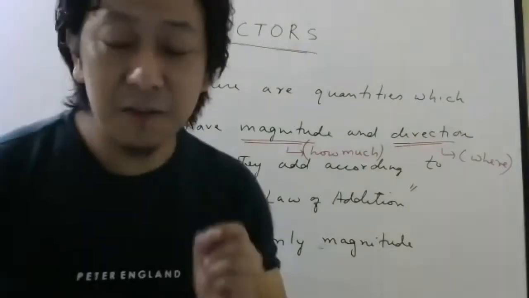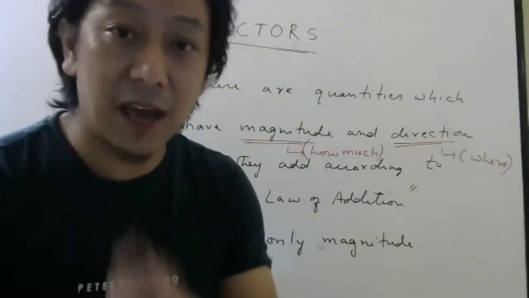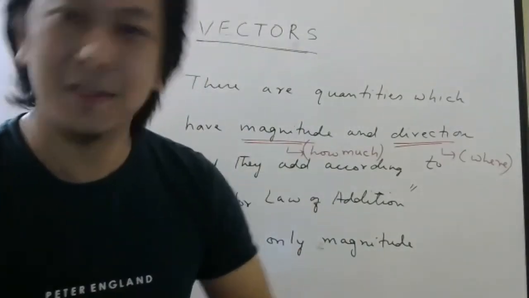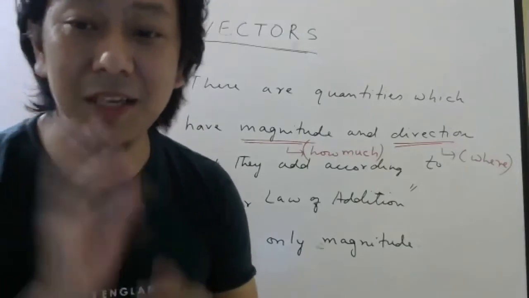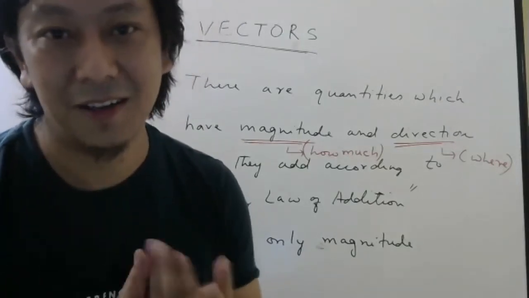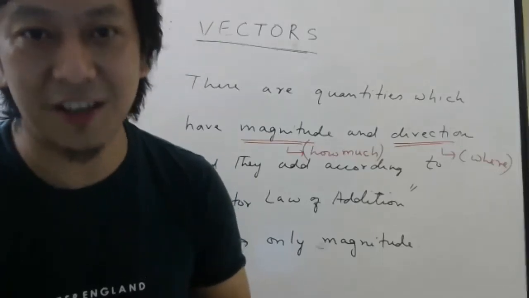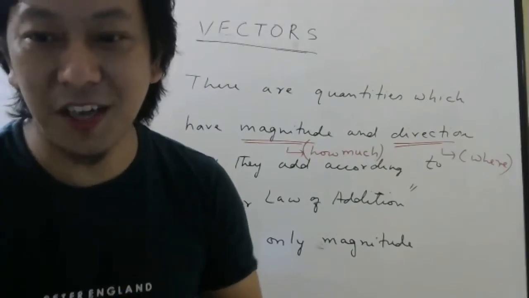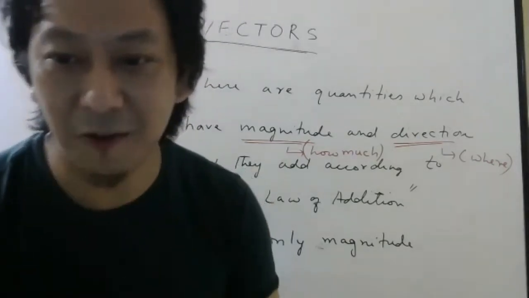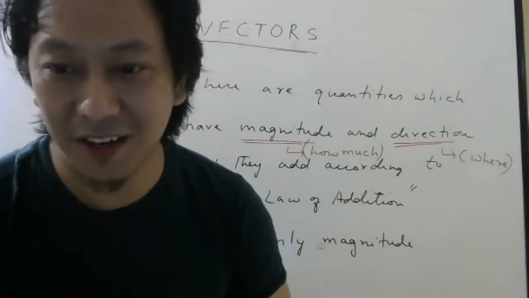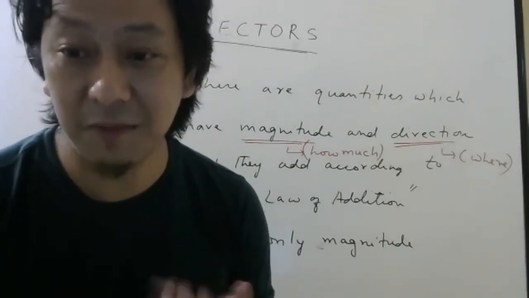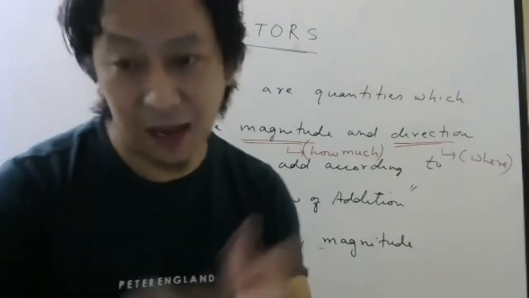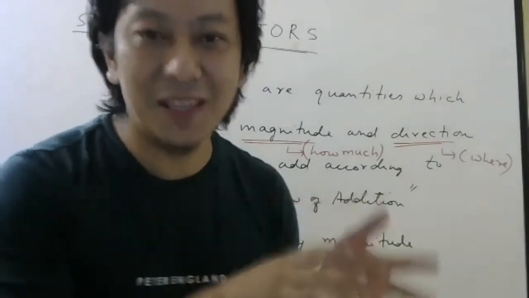Now, can you give me an example of any quantity which has magnitude, which has direction, but it is not a vector? Just try. And one hint I will give, you have studied about that in class 10. You have seen that quantity. No, rotating earth is not a quantity. Quantity I want. Electricity is also not a quantity. Force is vector. No, I am saying something which is not vector. Yeah, current is the right example. Current is a quantity. So I think when you said electricity, you meant current only, right?